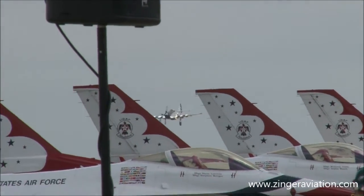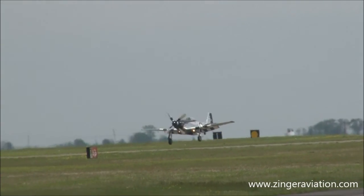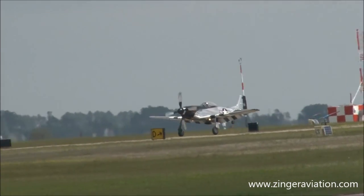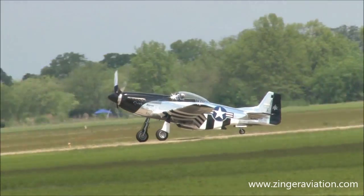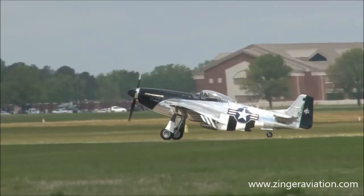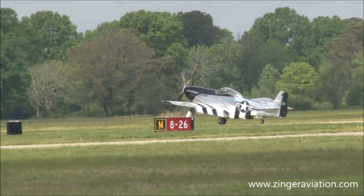Scooter's going to land his P-51, and in just a moment, we're going to bring a very, very important aircraft to center stage. And let me give you a little background as we get ready to do that. The Air Force flies the F-16 Fighting Falcon. Back in the early 1970s, there was a competition for a new lightweight fighter for the United States Air Force. The airplanes that competed for it were the General Dynamics YF-16 and the Northrop YF-17. The YF-17 lost the competition. But the Navy needed a new airplane,